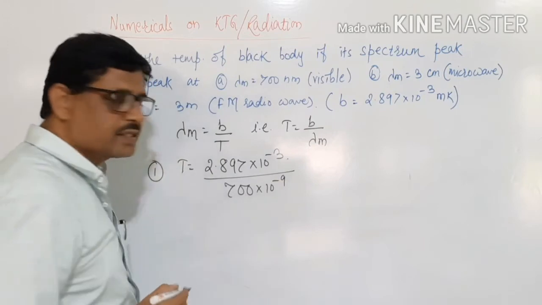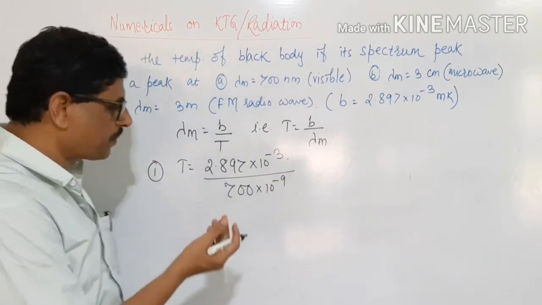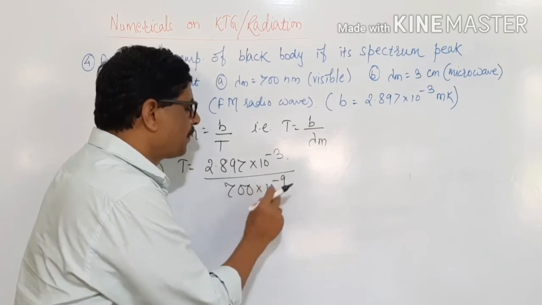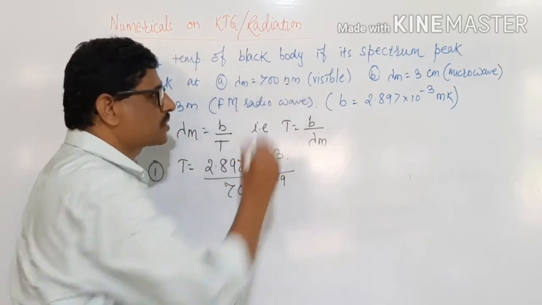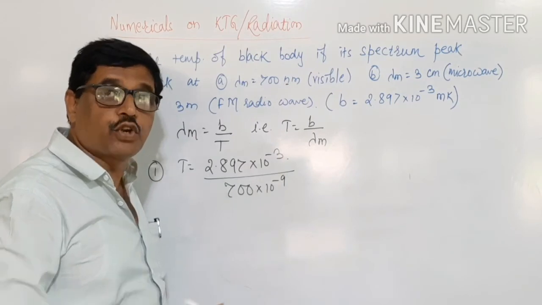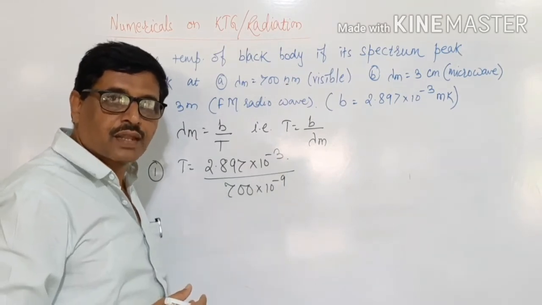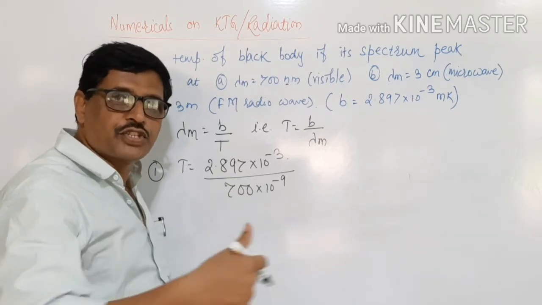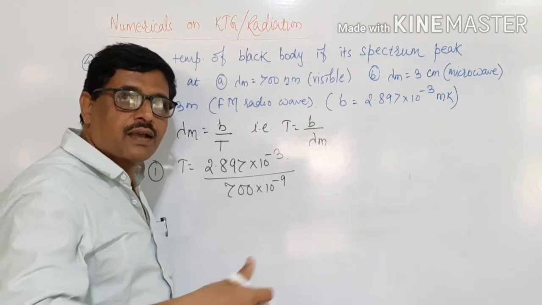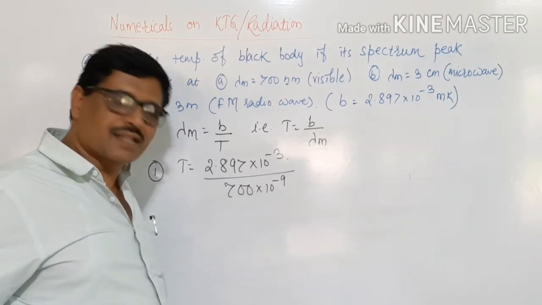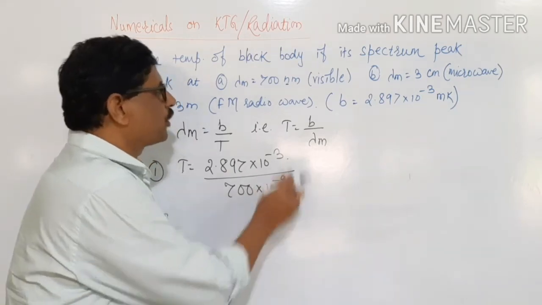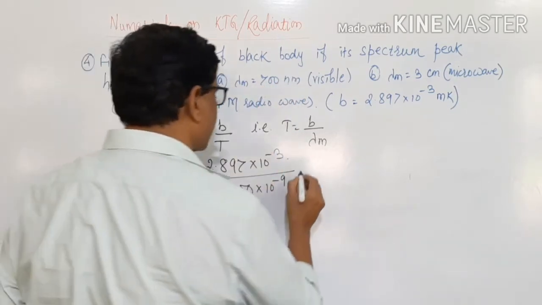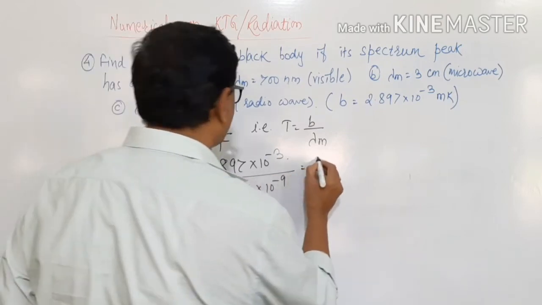of minus 9. In 11th we study that this is a multiplication factor. Nano means 10 to the power minus 9, pico means 10 to the power minus 12, micro means 10 to the power of minus 6, milli means 10 to the power minus 3, kilo means 10 to the power plus 3. So it's a multiplication factor. Nano is a multiplication factor. It is 10 to the power of minus 9 and it comes out to be equal to